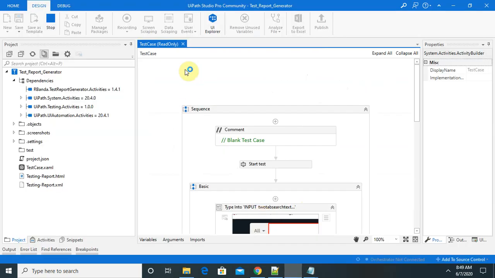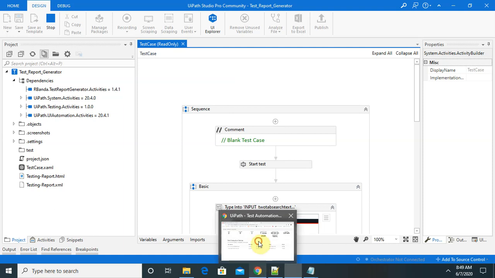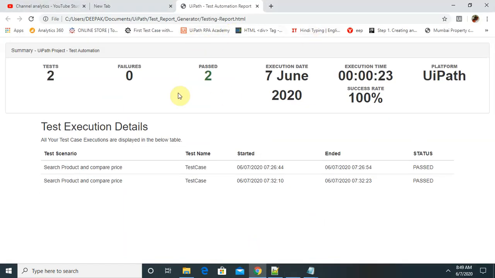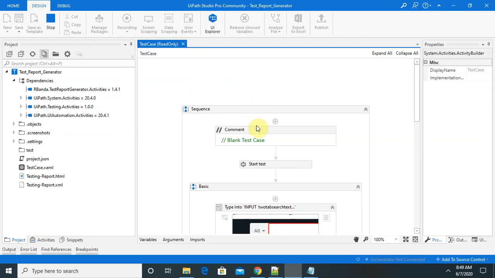Let's wait for the execution. Once execution is completed, you're able to see the complete process or complete result.